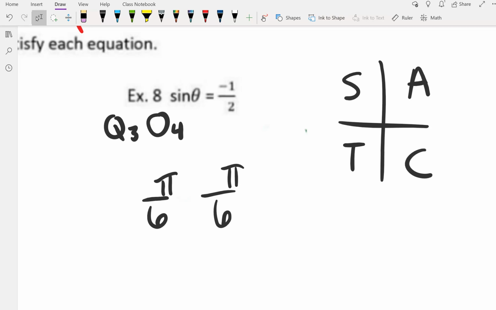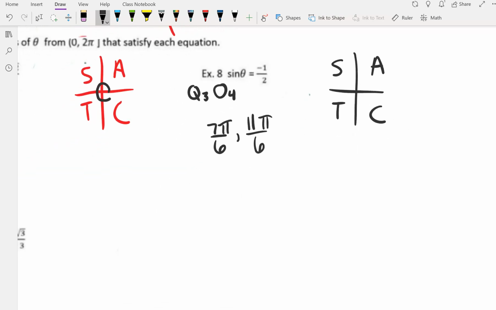So pi over 6 in quadrant 4 is just short of 2 pi. So that would be just short of 12 pi over 6. So that's 11 pi over 6 in quadrant 4. And then in quadrant 3, it's just over 1 pi, which would be 6 pi over 6. So that's going to be 7 pi over 6 for quadrant 3. And if you have your unit circle memorized, those will be quick and easy. All right, and then the last one